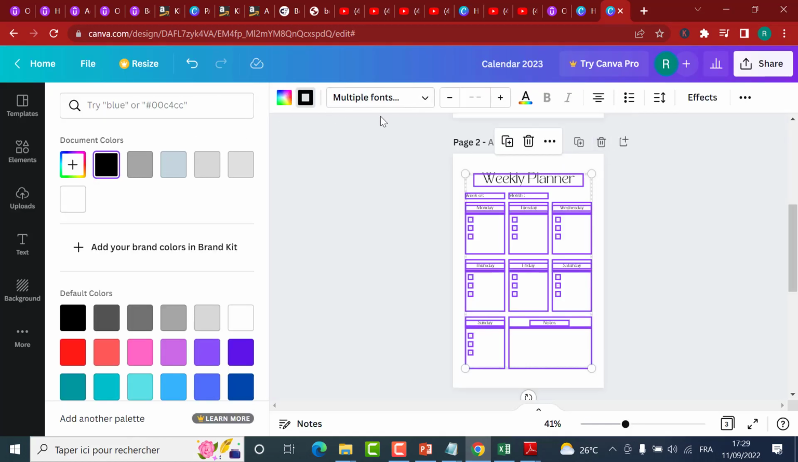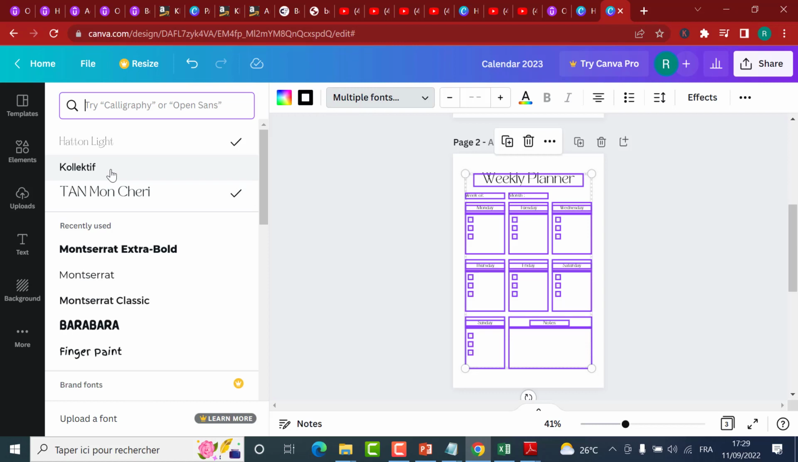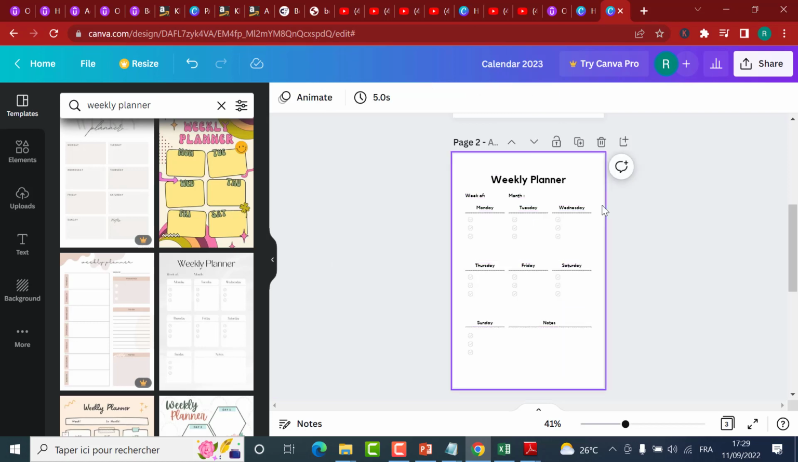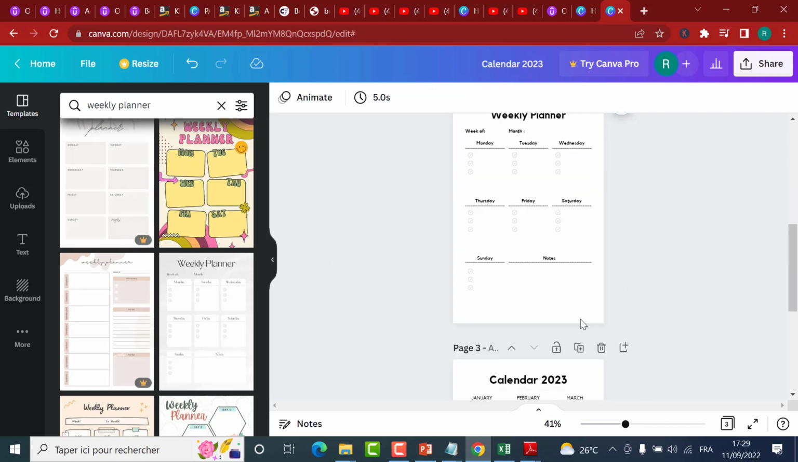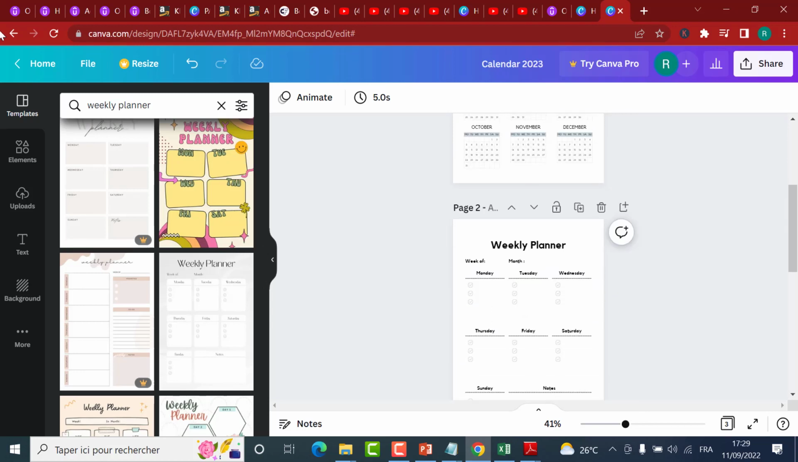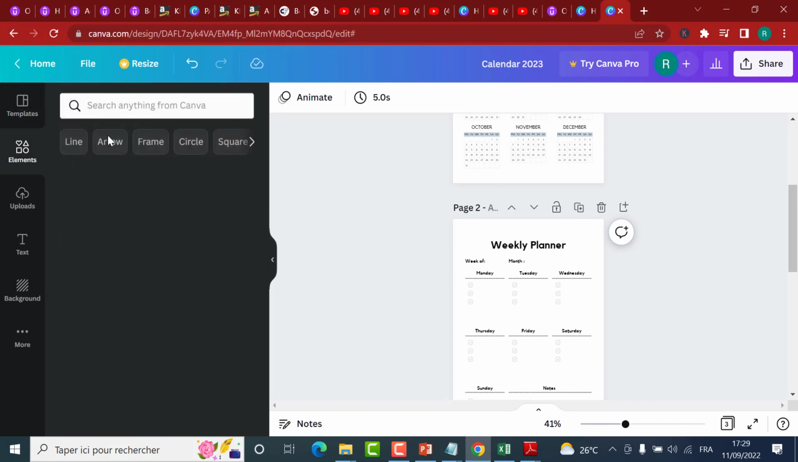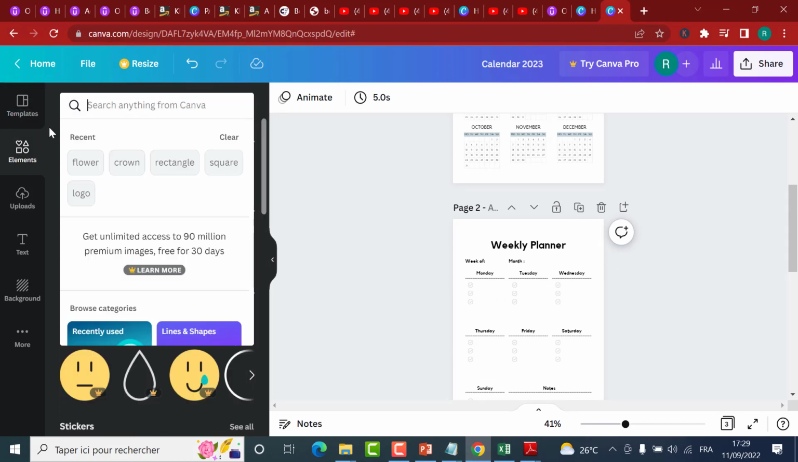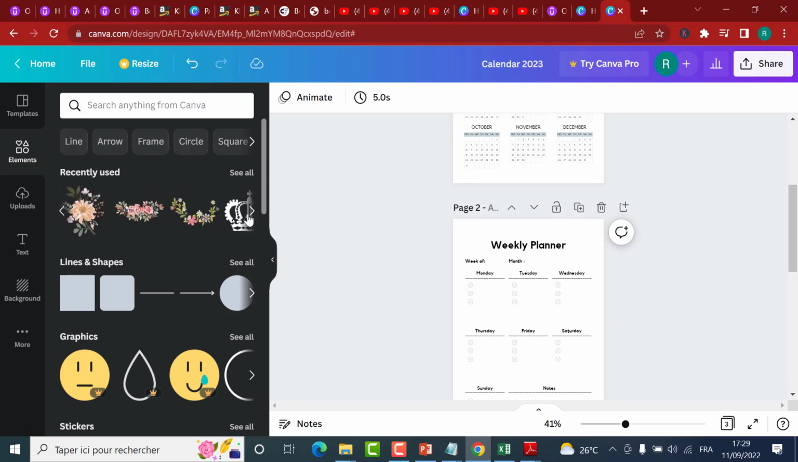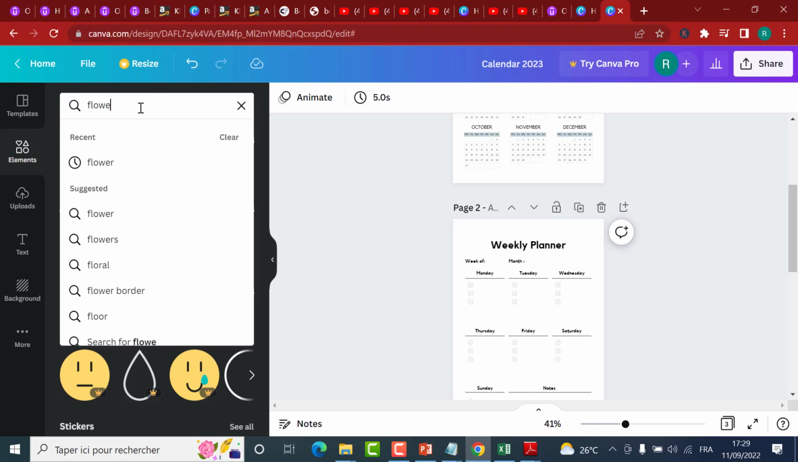And what I want to do is click the font, and instead of the font that exists, I want to choose Collective. And we are set. Now, it is still definitely not complete. So what I want to do now is go to elements and search for some flower designs. Now, I already have these flowers that I searched for and they appear over here. So if you want to find flower designs, just